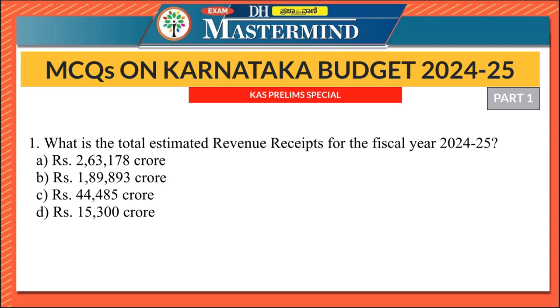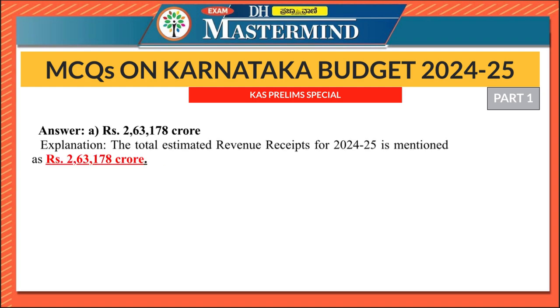First question says, what is the total estimated revenue receipts for the fiscal year 2024-25? Option A rupees 2,63,178 crore, option B rupees 1,89,893 crore, option C rupees 44,485 crore, option D rupees 15,300 crore. So what is the right answer here? The right answer is option A rupees 2,63,178 crore. So the total estimated revenue receipts for 2024-2025 is mentioned as rupees